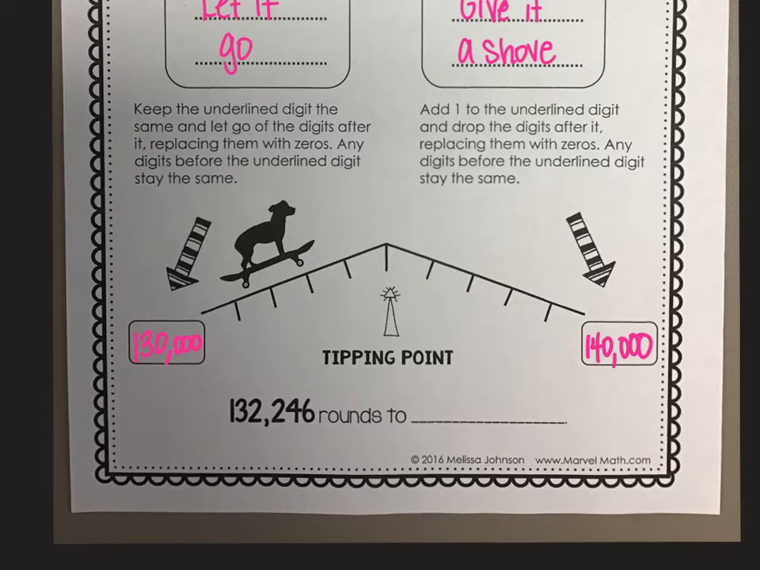500, right? Because let's see, this would be 131,000, 132,000. You see that? So that tipping point would be 135,000 and so forth. Now, anything 4 or below,